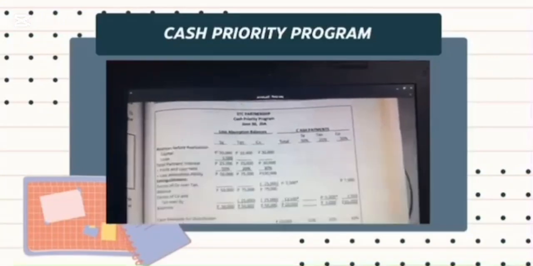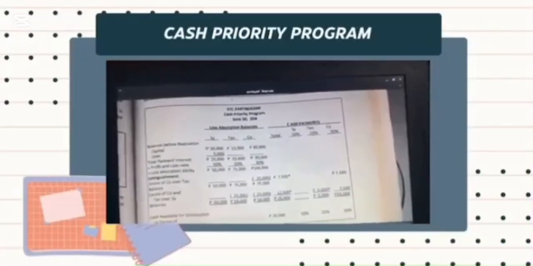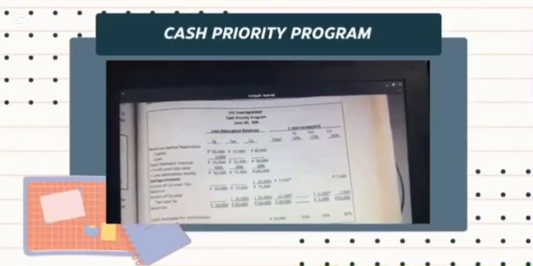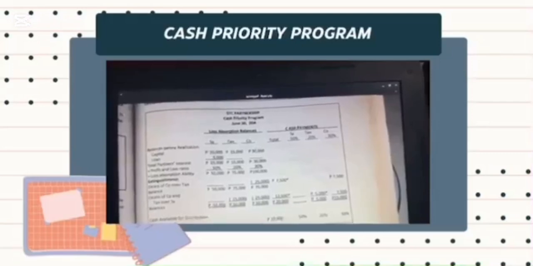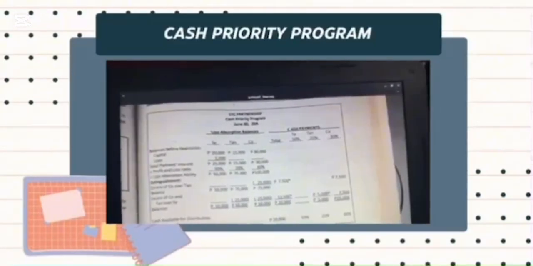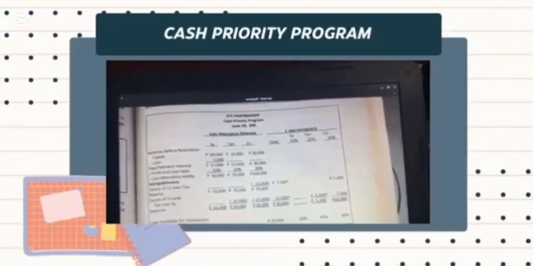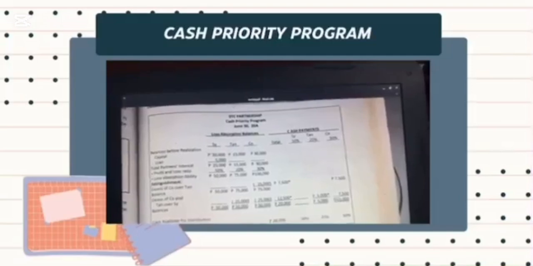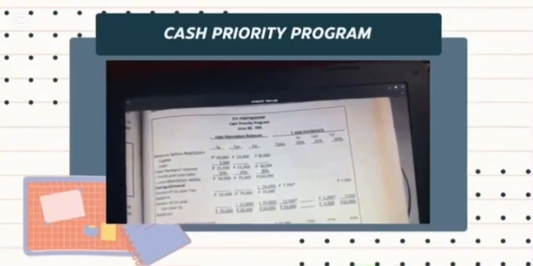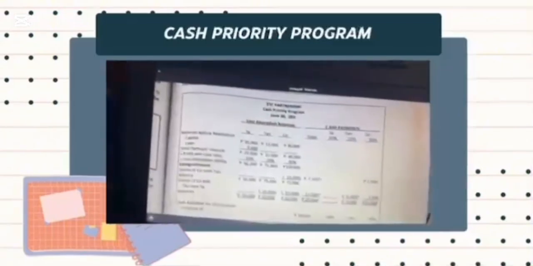If cash available for distribution will exceed 20,000, the excess will be divided among them based on their respective profit or loss ratio of 5:2:3. So this means that Sai will only have a share of the cash in excess of 20,000 at the rate of 50%. So if cash available exceeds 20,000 by 10,000, it is distributed as follows.